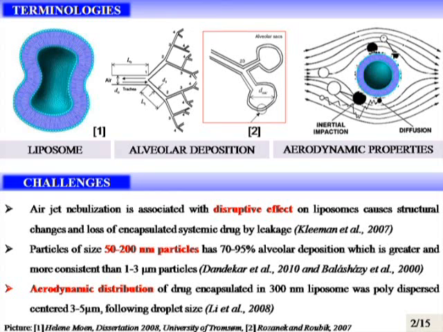Some of the modeling papers which have been published from our group show that a particle size of 50 to 200 nanometer, I need to mention these are airborne particle sizes, have more efficient delivery of the drugs. And third, the aerodynamic distribution of particle size of 300 nanometer size liposome had been centered around 3 to 5 micrometer and polydispersed, which essentially says that the aerosol particle size is governed by droplets which are generated and not the particle. So here